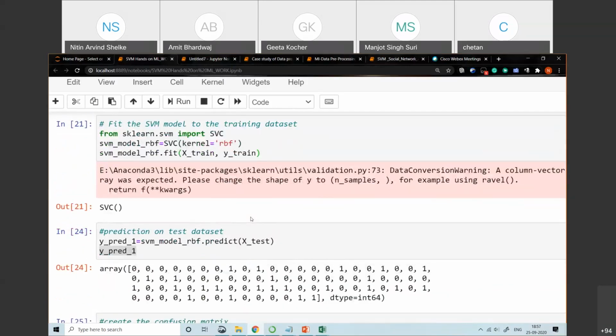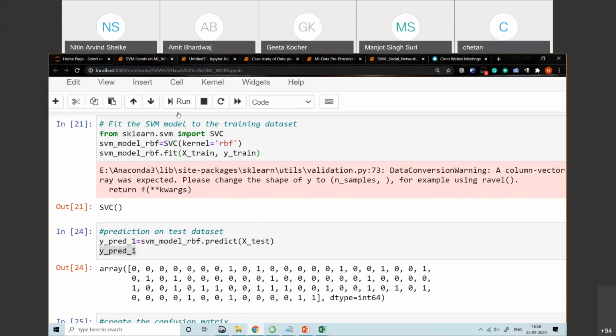we feed the SVM model to the training data set with the help of the RBF kernel, the radial basis function kernel or the Gaussian kernel. So this is the most prominently used kernel. Most of the time you will get this type of kernel and you will get better accuracy with the RBF. So that's why we prefer to use the RBF in many cases.